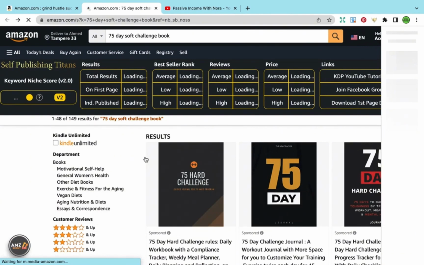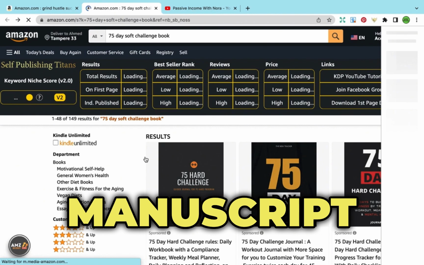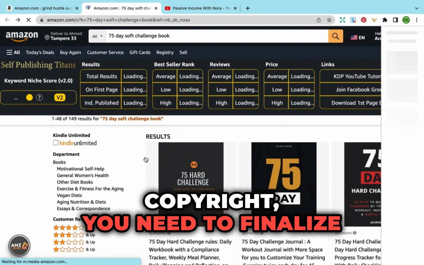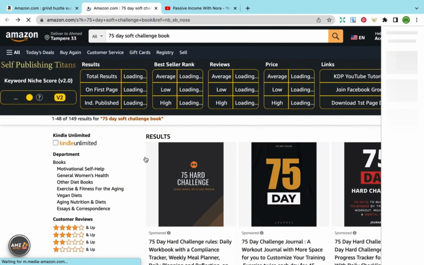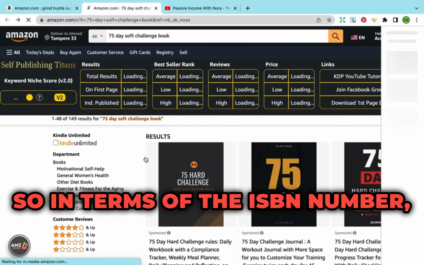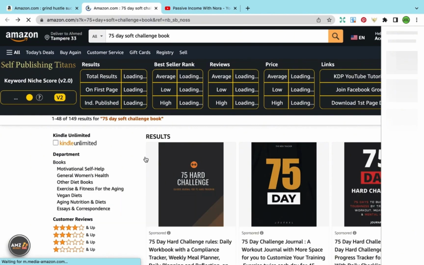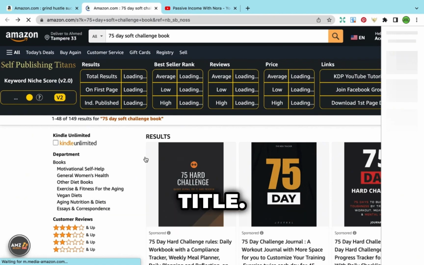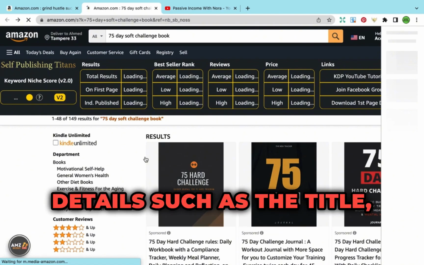Step 2 is to prepare your manuscript for publishing. After securing your copyright, you need to finalize your manuscript for KDP. So in terms of the ISBN number, you can go ahead and create an account on Amazon KDP and select create a new title, choose the format, whether it's paperback, and provide your book details such as the title,